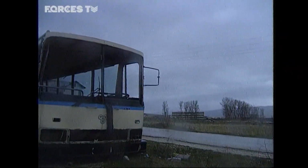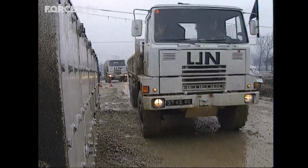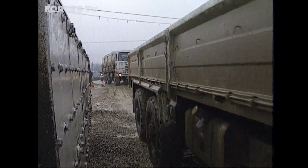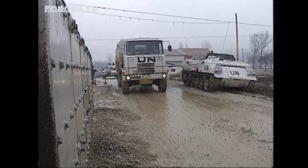Also in Tomislavgrad is the headquarters of the National Support Element, or NSE. It encompasses virtually all of the units involved in the British logistics operation, right through from Split to Vitez. There have been logistic battalions before with the Parachute Brigade and the Commander Brigade. I think this is the first time we've had a logistic battalion supporting a mechanised formation, and obviously it's the